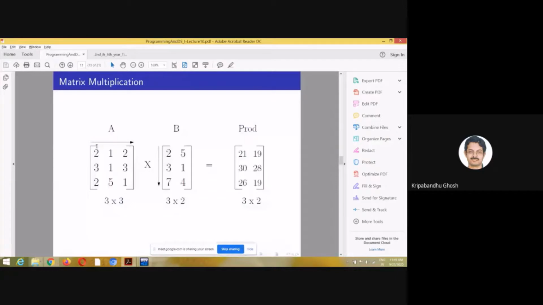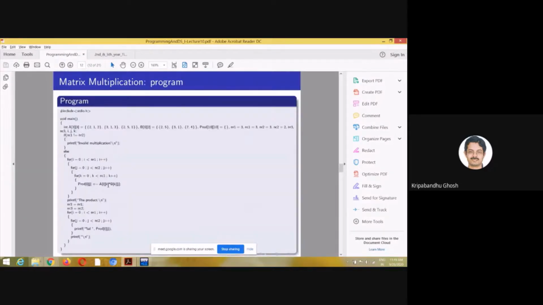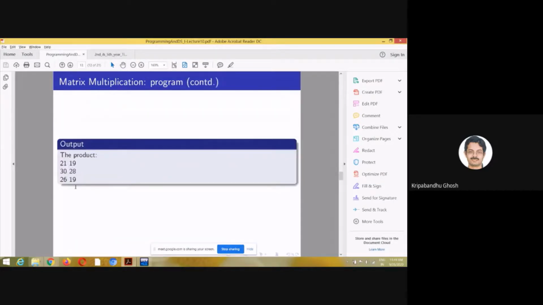So this is going on like this, right? This for first row, this is first column, and this K is basically running from 0 to the number of columns in the first matrix or the number of rows of the second matrix. So we get the product like this, and we basically print the product. You see that we are getting the right answer.